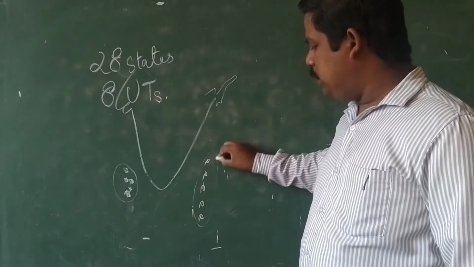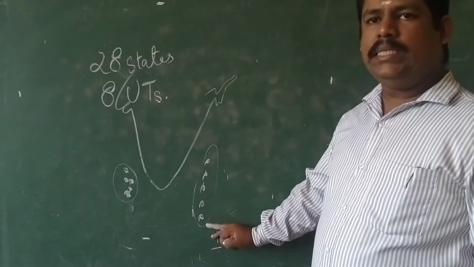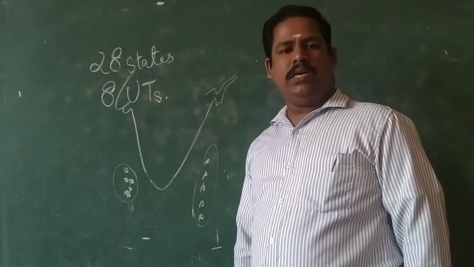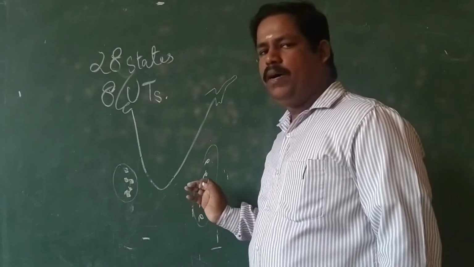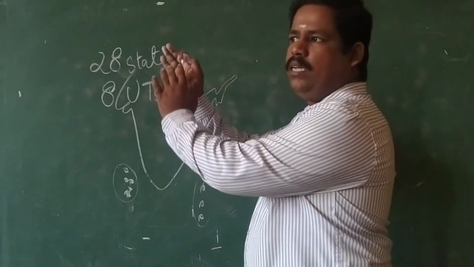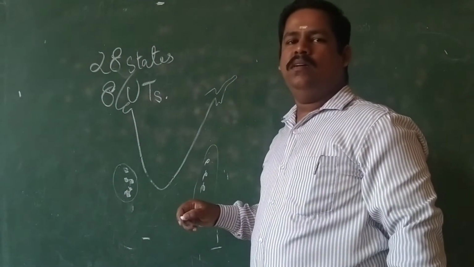So like this, a chain of islands you can see in the Bay of Bengal. This is the Andaman Nicobar Islands, located in the Bay of Bengal. Both these groups of islands are an integral part of our country, so when we are talking about the entire India, we should talk about these two groups of islands also.